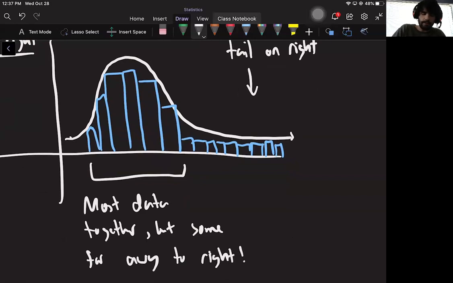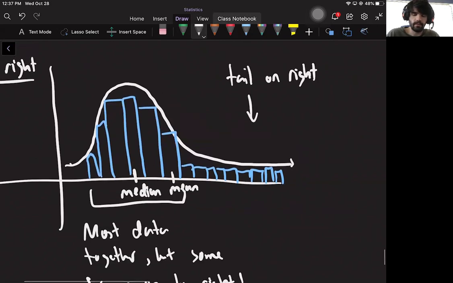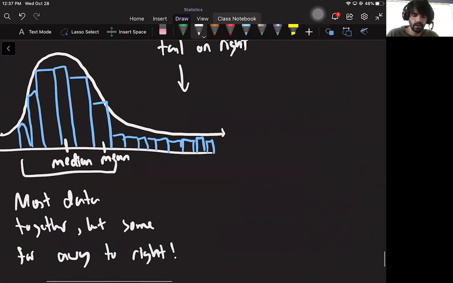So what this is going to do is drag the mean up to the right. The mean will be somewhere to the right because there's far away things to the right, which don't impact the median, but do impact the mean. So here, the mean is to the right